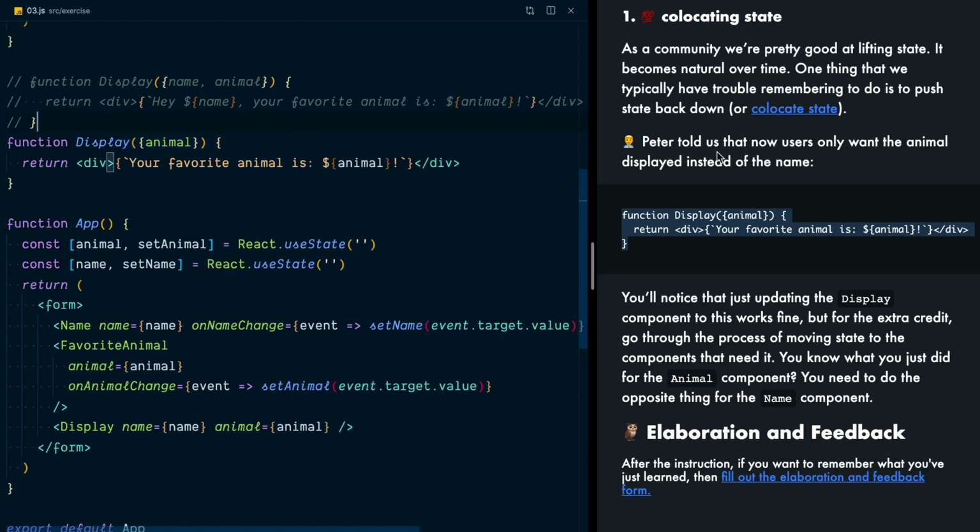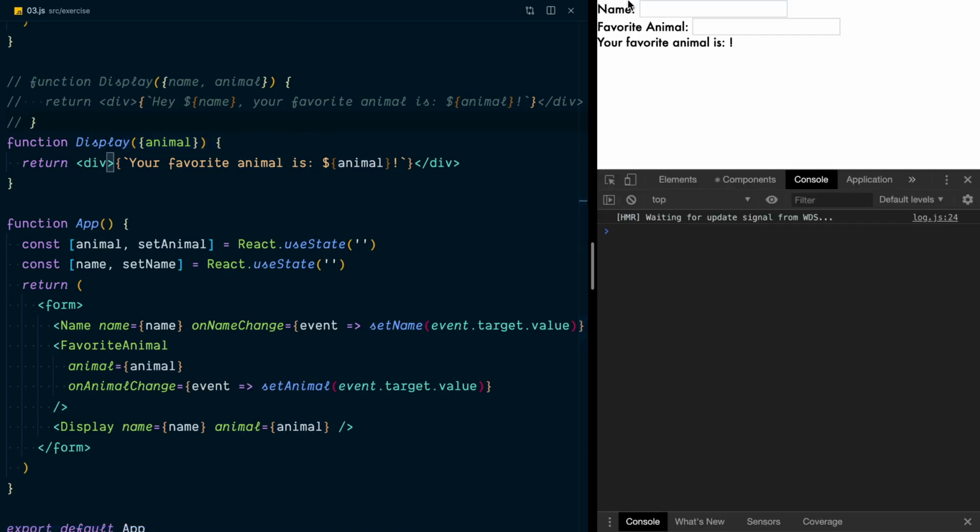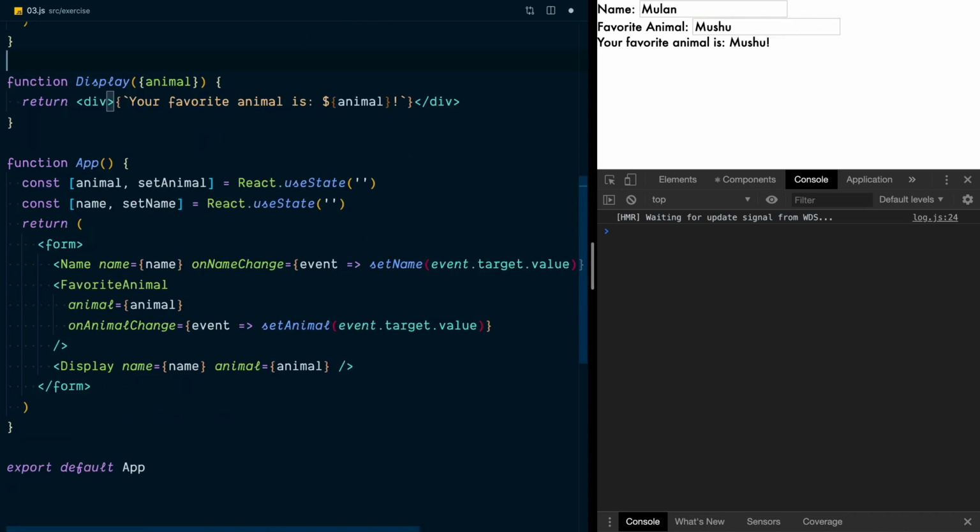prop. So I'll just go ahead and save this, and we'll come over here and I'll type in Mulan and Mushu. And boom, all we see is your favorite animal is Mushu. Everything's working. We can ship this, make a pull request, get it merged, and then ship this to production. Our users are super happy about it, and we can just wash our hands of this and move on our way. And that actually is what pretty often happens, but we have a couple of things that we should probably